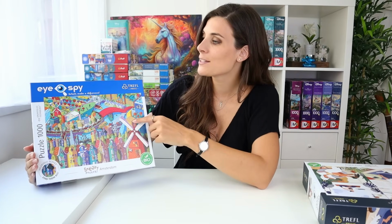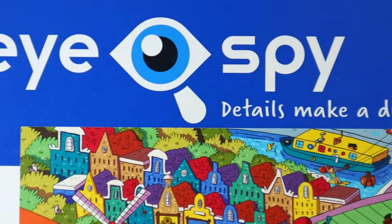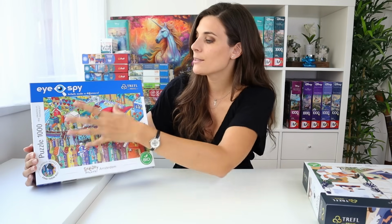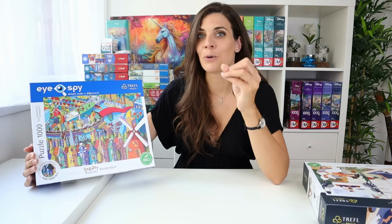And this one also has a little specific detail with the puzzle. It says I spy. Details make a difference. And it says that it's got hilarious scenes, find them all. So apparently inside the puzzle, you're gonna have specific scenes that you can find as well, which I think is